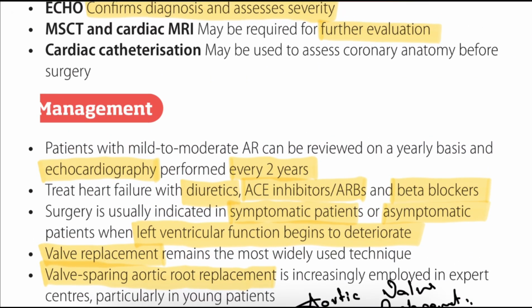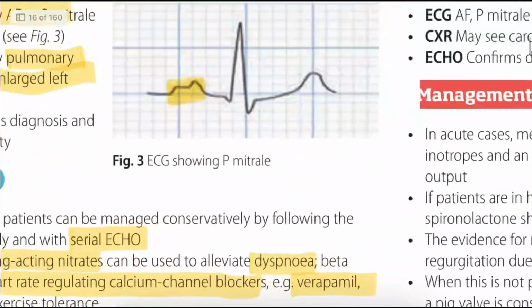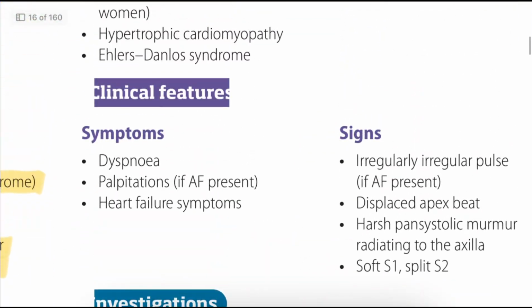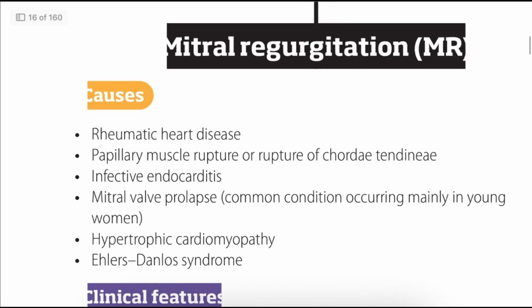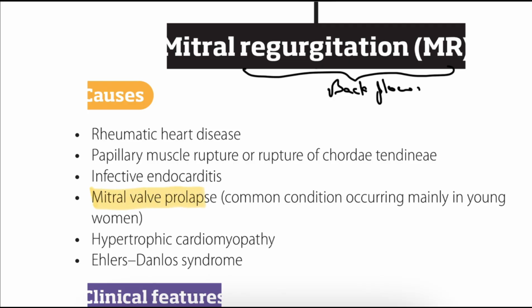In systolic murmurs, first we have mitral regurgitation. Regurgitation means backflow, as I already told. It is backflow of blood from the left ventricle to the left atrium during systole due to incomplete mitral valve closure. So the main causes we can see here are mitral valve prolapse,